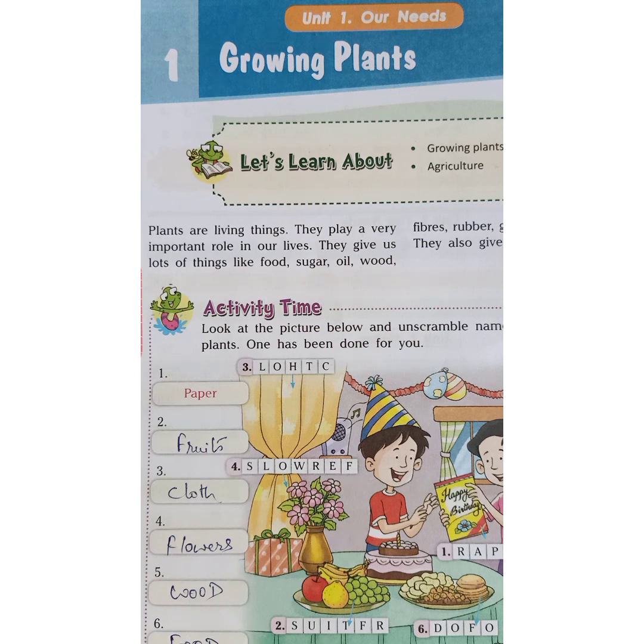It is very important in our lives, as not only does it give many things to us, but it also gives oxygen for breathing, which is very essential for us to survive. And the other things that it provides us are food, fibers, rubber, gum, tea, coffee, sugar, oil, wood. So many things we get from the plants only.